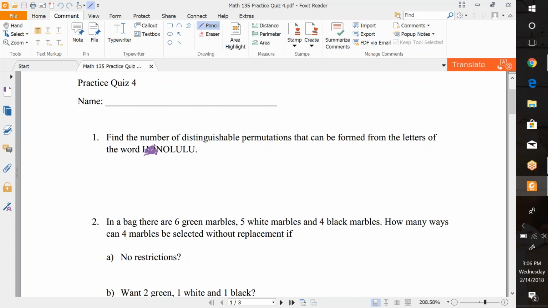Notice that this is different than just doing a straight number of letter factorial arrangement because there are letters that we cannot distinguish between them. Like, if I jumble these up, I don't know which O is which. So the generic formula that we use for this is the number of items, factorial,